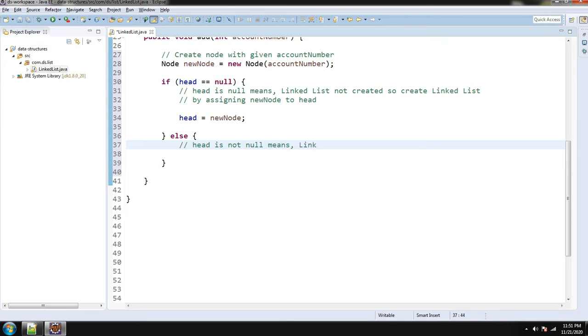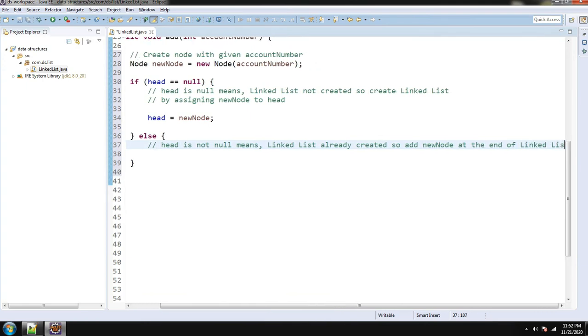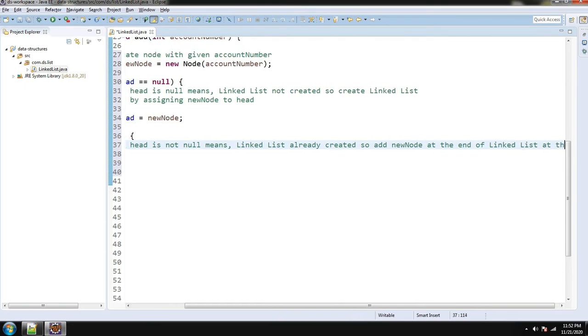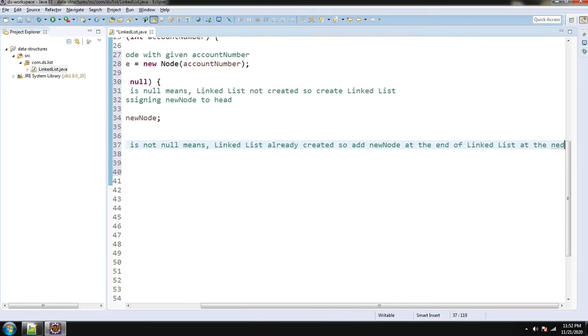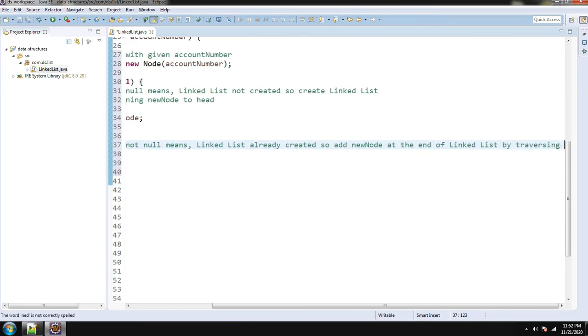I'm adding the comment there: head is not null means linked list already created, so add new node at the end of the linked list by traversing till the end.